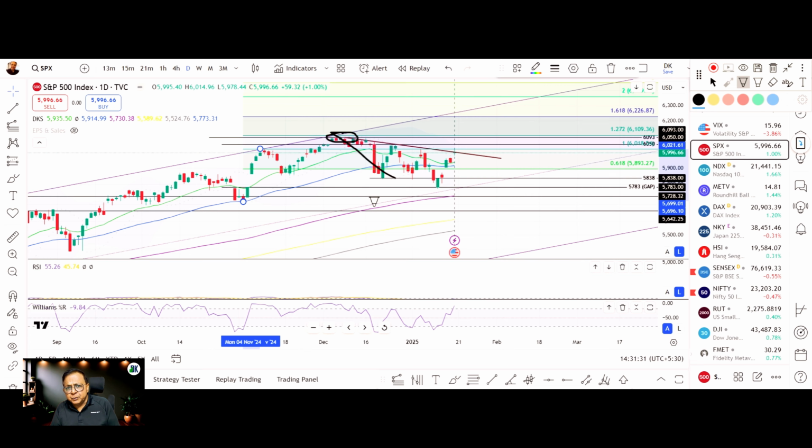So on trend resumption, after it takes out the supply area of 6093, the next potential target could be 6225 or 26 level. So overall the trend in S&P 500 is bullish, which is indicated not only by the price